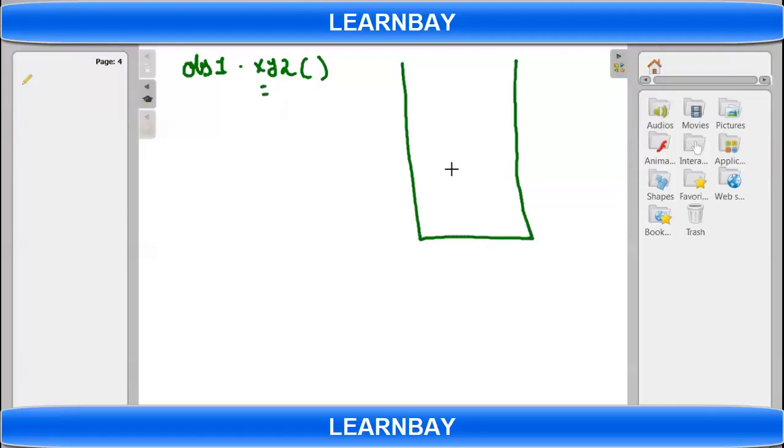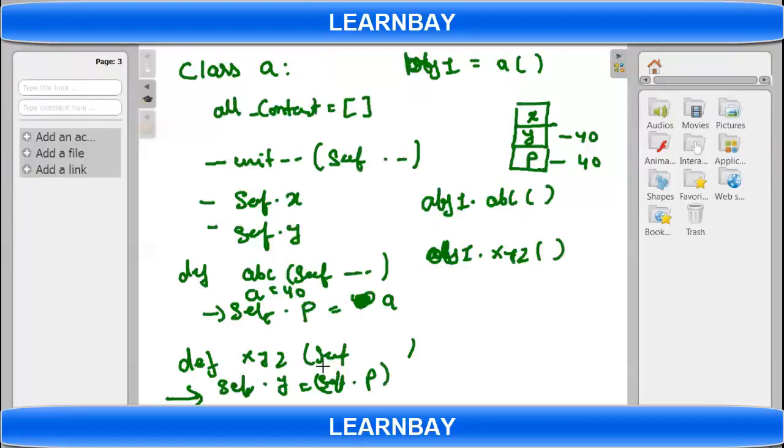So how many variables do we have in this xyz? Local variables in this function xyz. Self. Okay, whatever arguments we are passing will be local variables. So one self, and let's say you are passing some q and r. Okay, and you have one more variable here, let's say z equals 20.